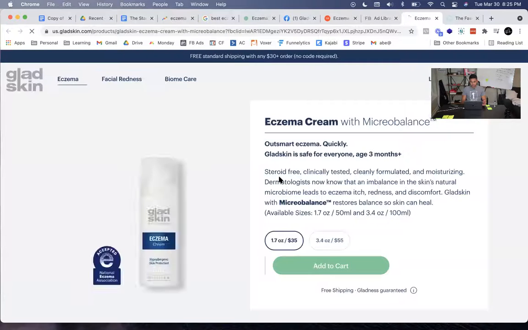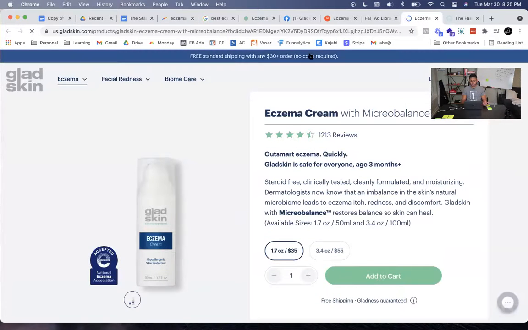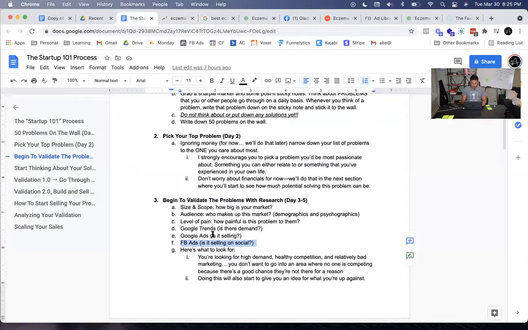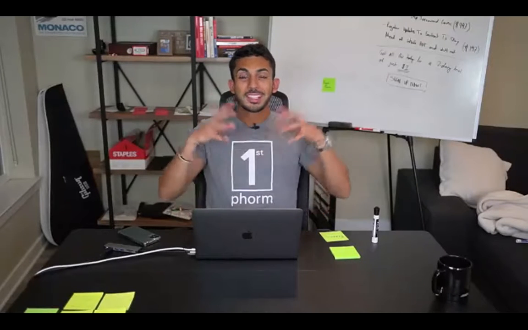And if you're going to be releasing it, it goes right to the same page that we saw if it was on Google, right? Literally the exact same page. So what did we just do? We just looked at Google Trends. Is there demand? Yes. Is it selling? Yes. Is it selling on social? Yes. Okay. So those 6 things in total should give you a really good idea if the problem that you